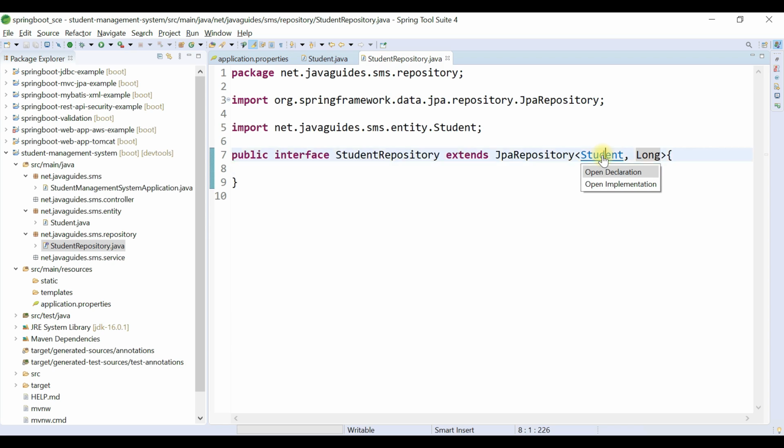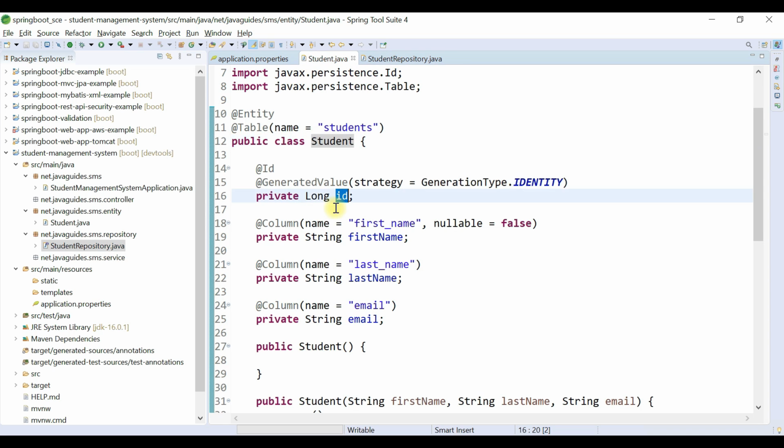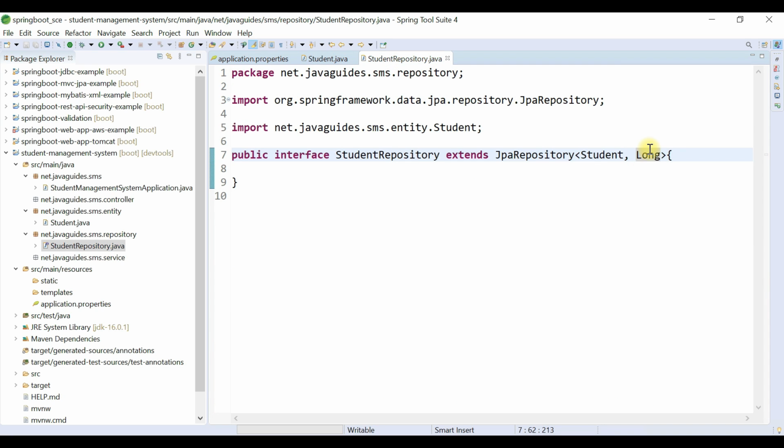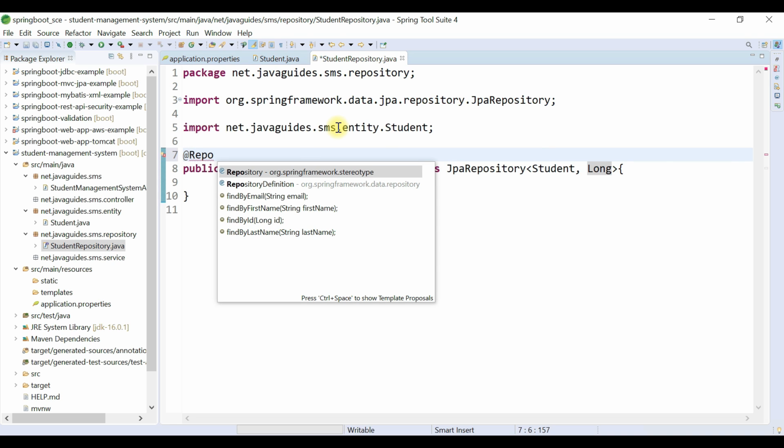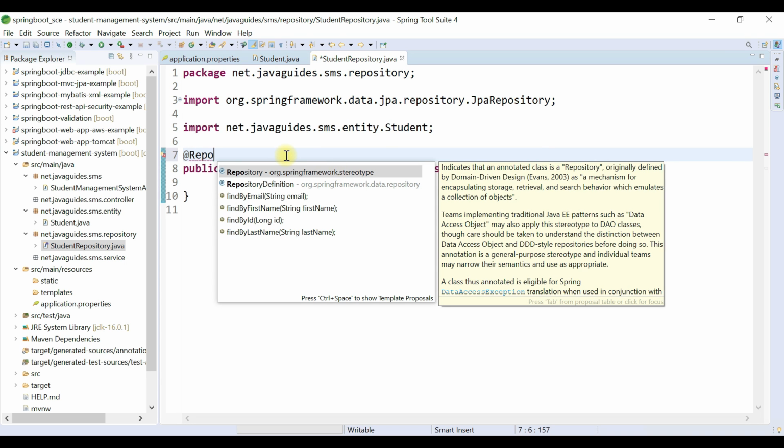Alright, so if you go inside the Student class, you can see here the type of the primary key, that is id, is Long, and that Long data type we have specified here as the second argument. Okay, great.